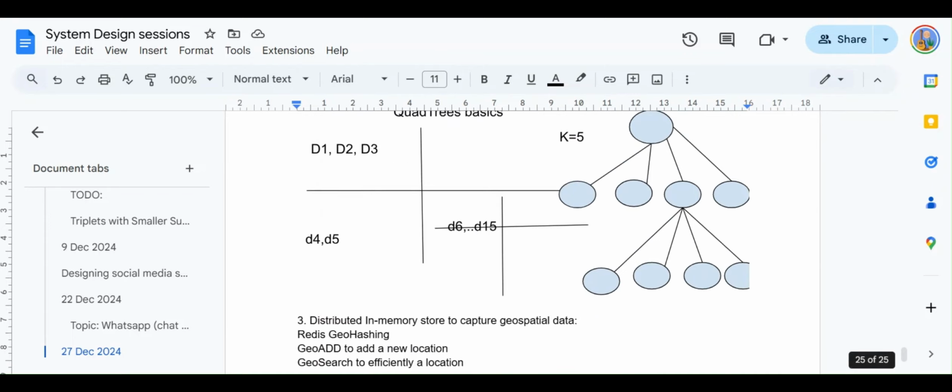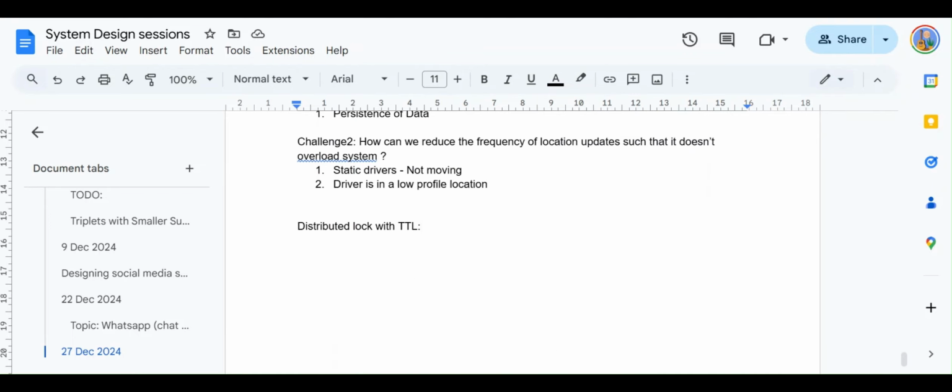Redis is very famously used for distributed locks. Just to give an example, you can simply set a value inside the key-value store, let's say driver ID, and say that outstanding request, for example.